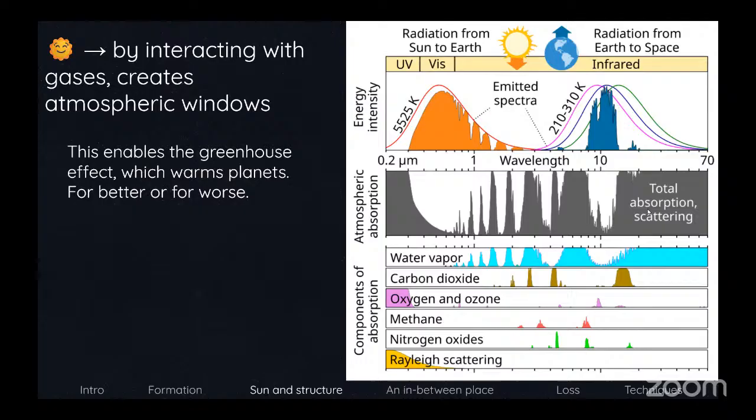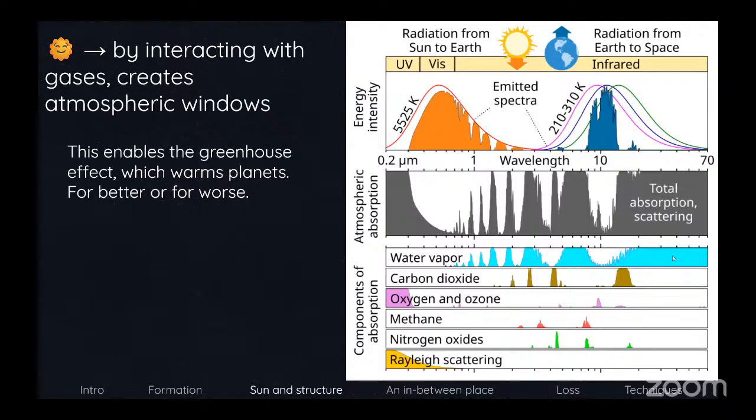The next panel shows basically where these windows are without regard to necessarily what's causing it. So if you see a white space, that's where a window is. And if you see gray, the atmosphere is basically opaque to that radiation at that wavelength. So this leads to a lot of different impacts, I guess, for how we interact with the atmosphere too on Earth.